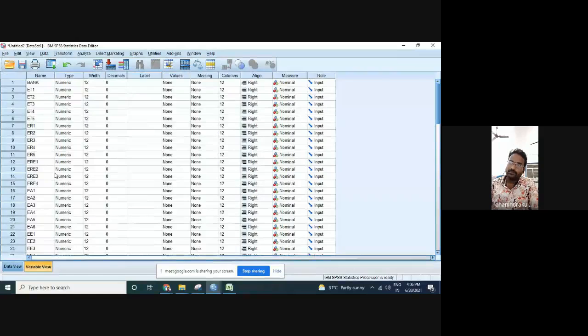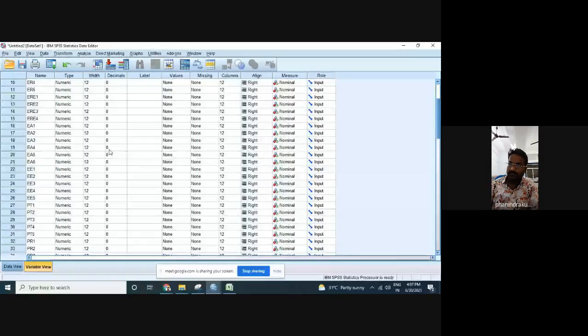Now go to the variable view. See, what we are getting in the name column is all the column headings, which are termed as names. And the numeric type is shown because we uploaded the data. For width, you can use your own width size. The name of the bank is only 12 characters, so you can give a width of 12. If it is only a number, you can give a width of one character.